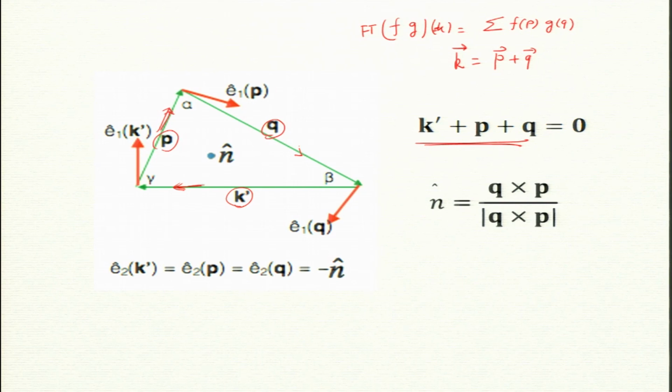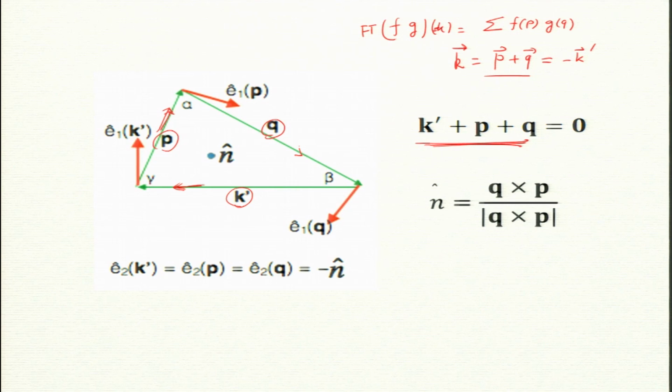Now, it is not symmetric. If I use this definition, then p is equal to k minus q, and q is k minus p. So, they are not symmetric, k acts like a boss, p plus q. I want to make it symmetric, all of them on equal footing. One good idea would be to use minus k prime. So, k is equal to minus k prime. Then k prime plus p plus q is 0. Now, all of them are on the same footing.